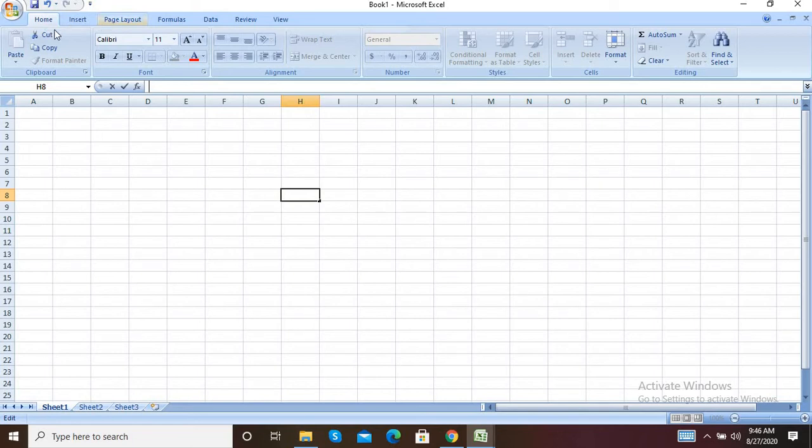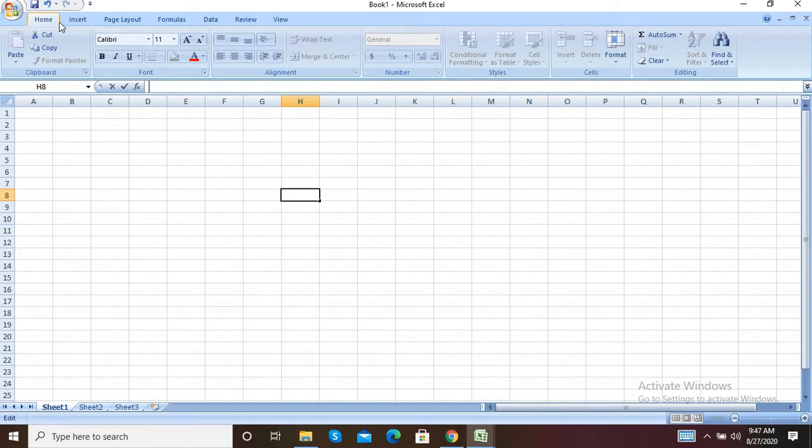Next thing is ribbon. Ribbon is where all the properties are present. It gives access to the Excel commands available in the form of buttons and icons located at the top of your worksheet, having 7 tabs in it, which are further divided into groups containing options to create and work with a spreadsheet.